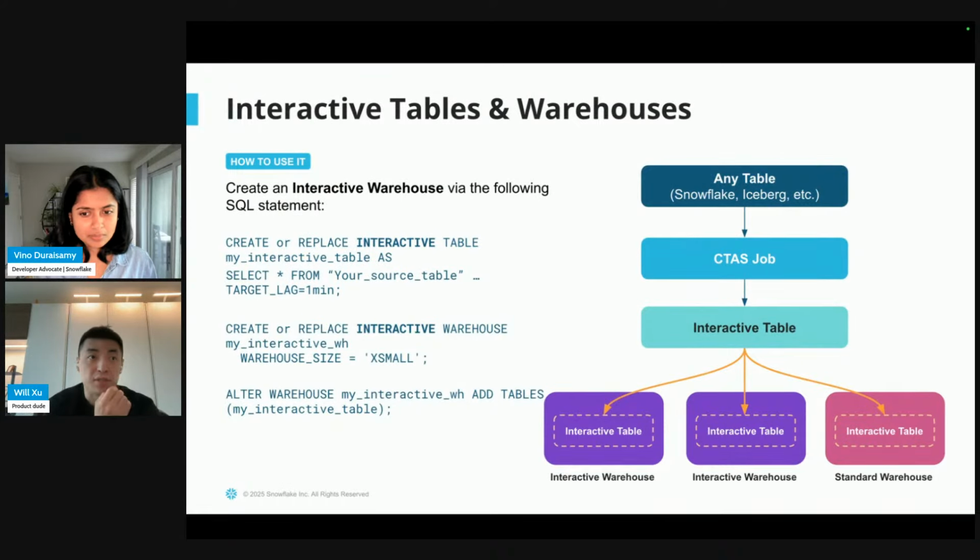multi-cluster warehousing is really good for horizontal scaling. Let's say, depending on query complexity, a small interactive warehouse is able to handle 200, maybe 400 queries concurrently. And then you have a concurrency requirement of 1200 at the peak, and then 400 when the cluster is not as loaded. So in that case, you can use multi-cluster warehousing to do horizontal scaling